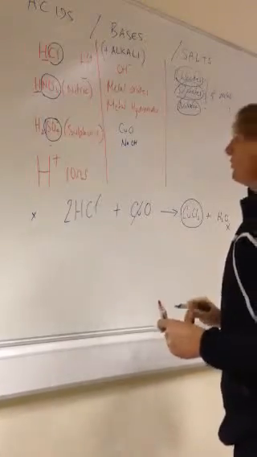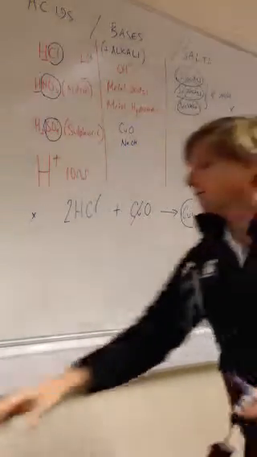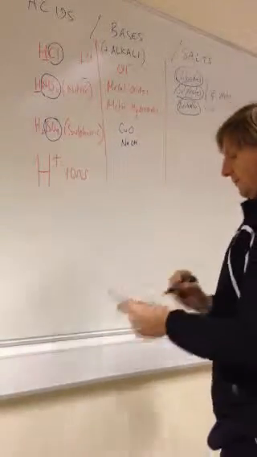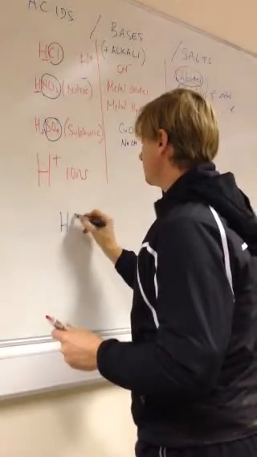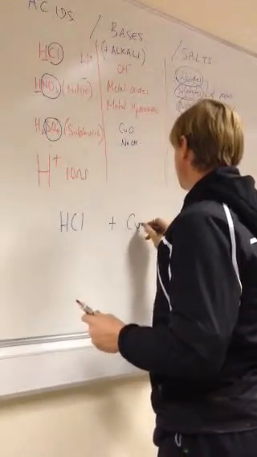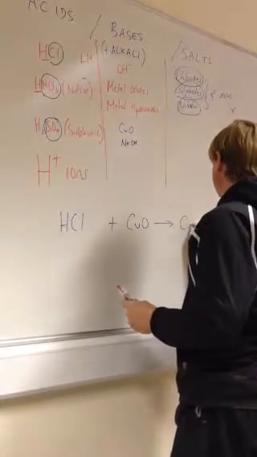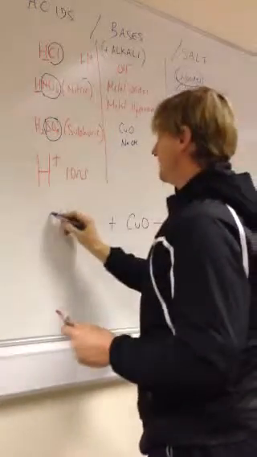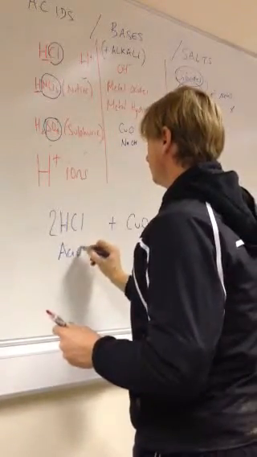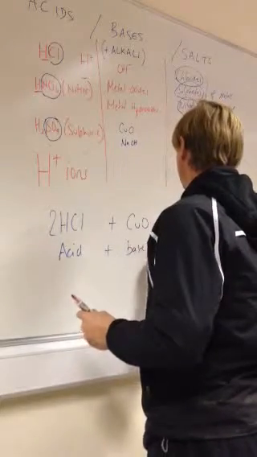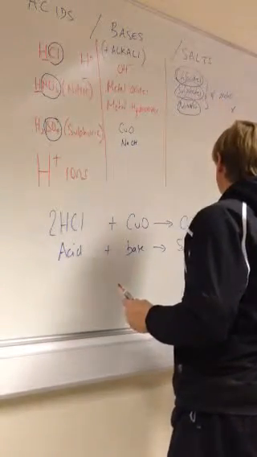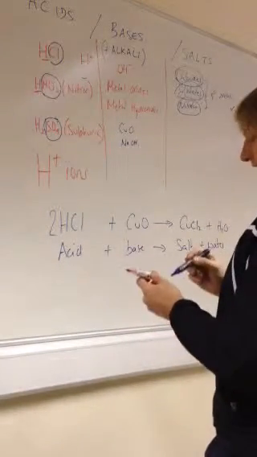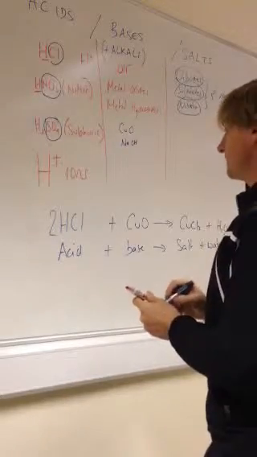Okay? So the reactions that we need to know are, and if we just quickly go through them, we need to know that an acid, so let's say HCl in double again, plus a base, CuO, goes to a salt, CuCl2, plus H2O. That is acid plus base goes to salt plus water. Now we need to know that. We also need to know another one, and that is that